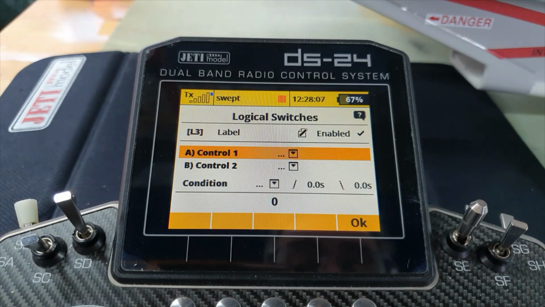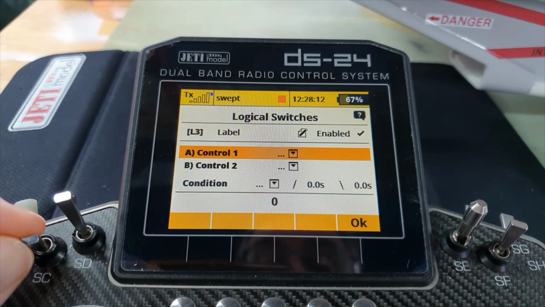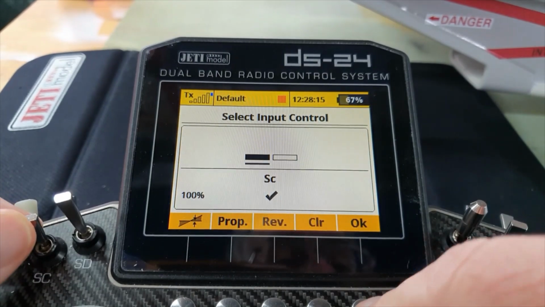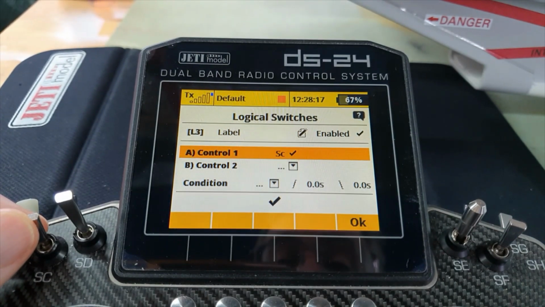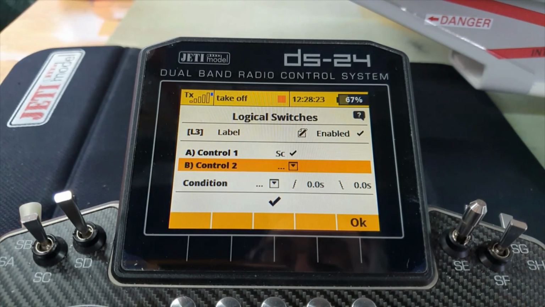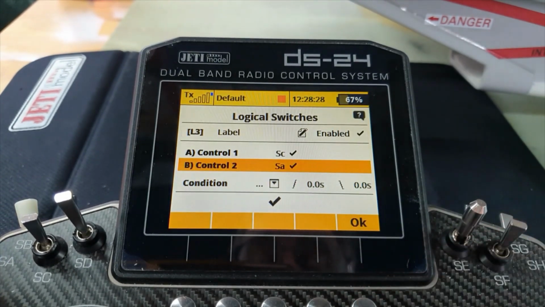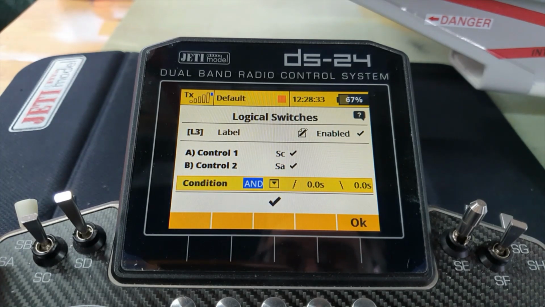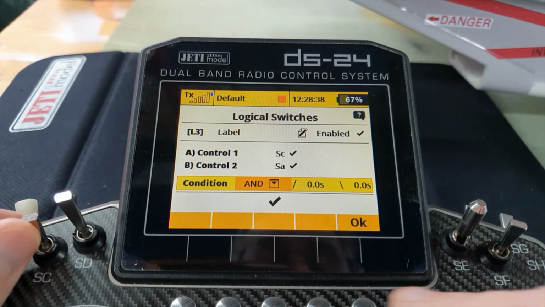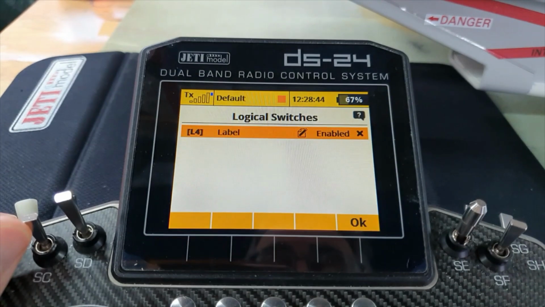Now control 1 is going to be the wing sweep switch in the forward position. So move it forward, okay, to that. And then control 2 is going to be the flaps in the flaps up position. So I put my flaps to the middle, move it to the up position, say okay to that. And the condition here is once again an and. If you're wondering what this is about, you'll soon find out. Say OK to that. And finally, for this round anyway, logic switch 4,